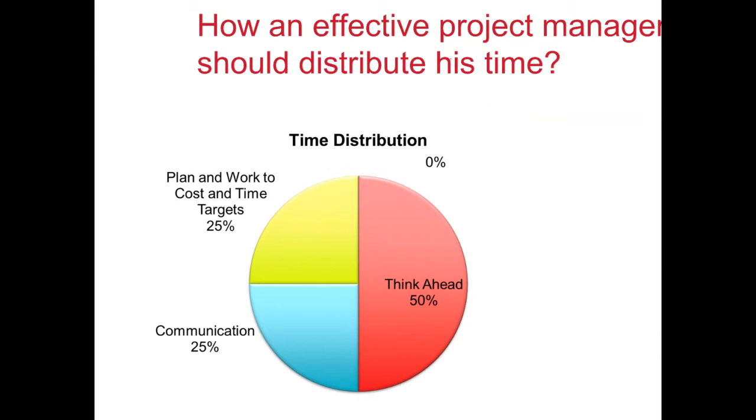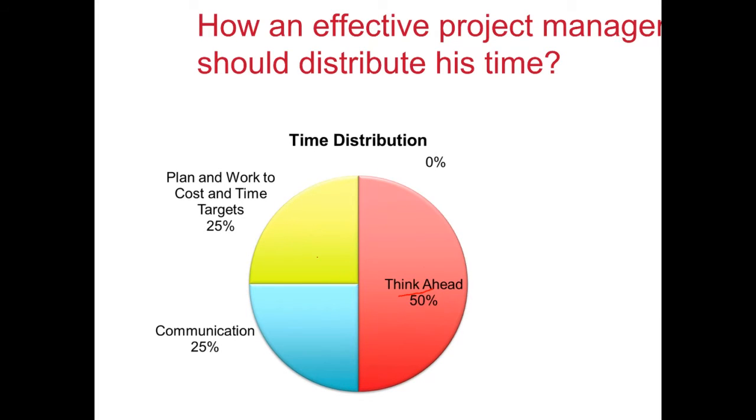There's another piece of advice, I guess, from a study from APM, suggesting how an effective project manager should be distributing their time. And the suggestion here, you can see very clearly, is that while you're managing a project, you should be focusing most of your effort on thinking ahead. Again, the quadrant thinking, where you are anticipating what is going to happen, what the potential risks are, and getting everyone on board. The planning and working to cost and time targets, maybe the quadrant 1 activity could be taking